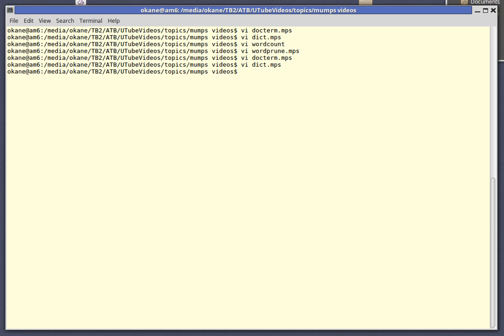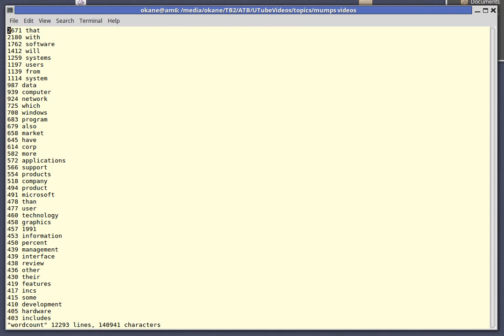We then sorted it, and the output of that went into a file, and here's the file here, wordcount. I sorted into wordcount in reverse order, so the most frequent came out at the top and the least frequent at the bottom. I don't have that original file right now, but the output of dict was run through sort, and the output of sort was then redirected into wordcount, which is what you're looking at. The most frequent word was "that". Which should have been "the", I would have thought, but anyway,